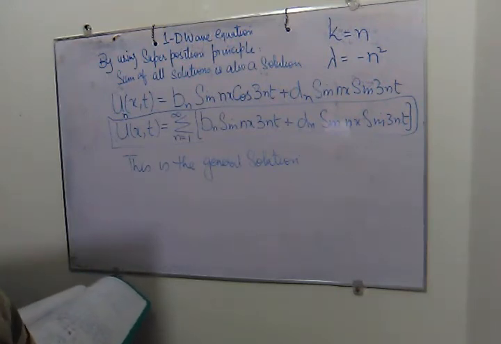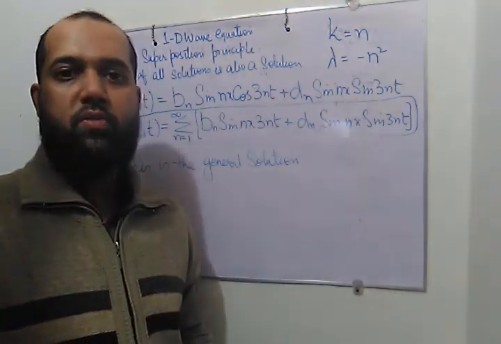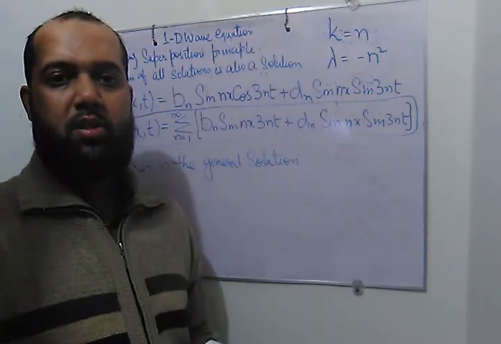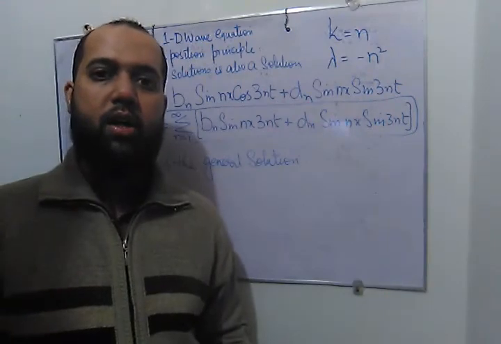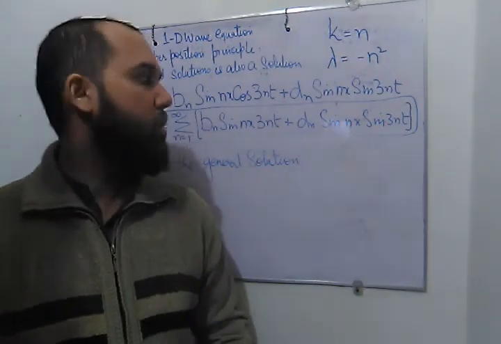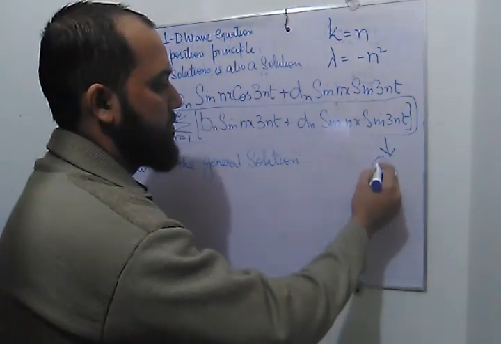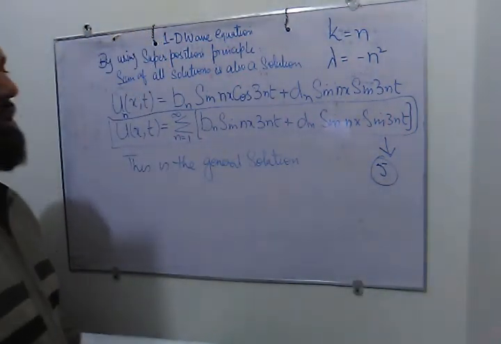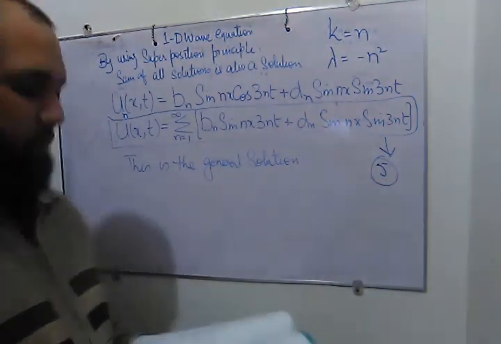So initial conditions serve this purpose, and since we have two coefficients here, we need two initial conditions, which we have found in the given question: initial displacement and initial velocity. So the next step is to put the initial conditions in the general solution. We call this general solution equation number 5, and we put the initial conditions in equation number 5.